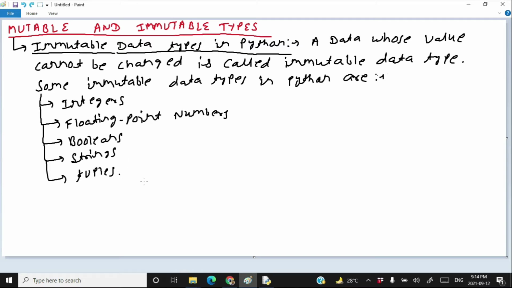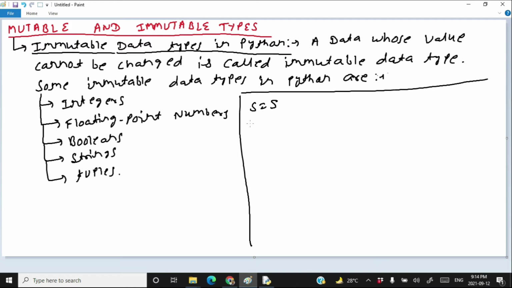Now let's see how you can recognize whether two variables are pointing to the same location or not. What I mean here is, I just told you that if s is equal to 5 and r is equal to 5, there are two variables s and r, both contain 5, then 5 is going to be a different object in the memory whose address is addr, which contains 5, and s will be pointing to the same location.